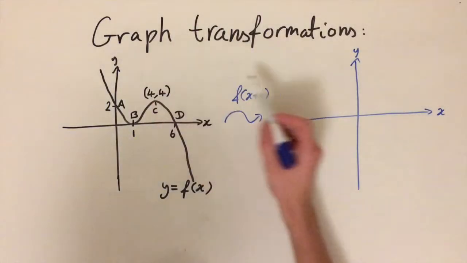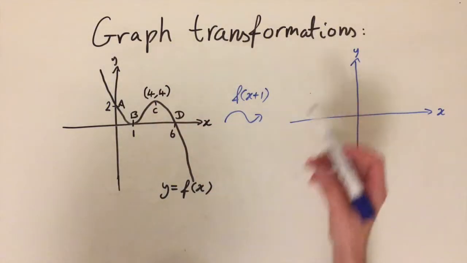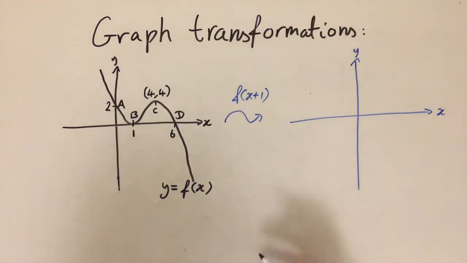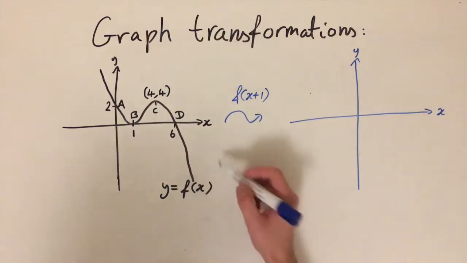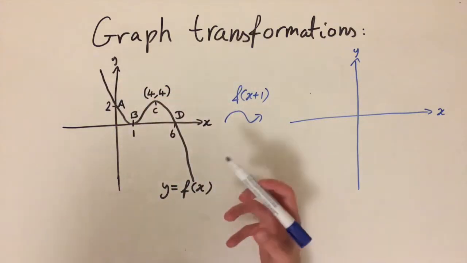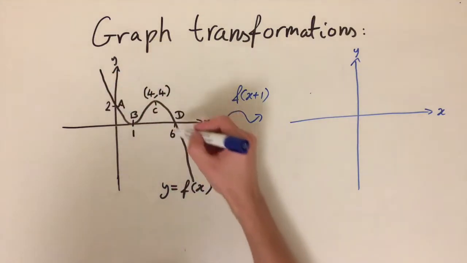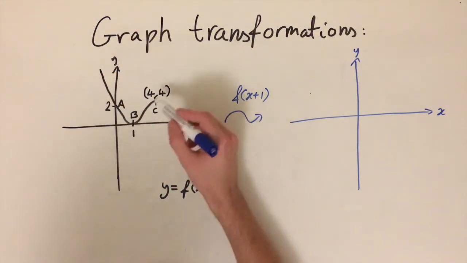Okay, so this is part 2 to graphing some transformations. In this video we're going to look at an example and at all the different ways we can move a function about. I've got a very general function here. We haven't actually been given what this function is, but we've been told some points and some intercepts,